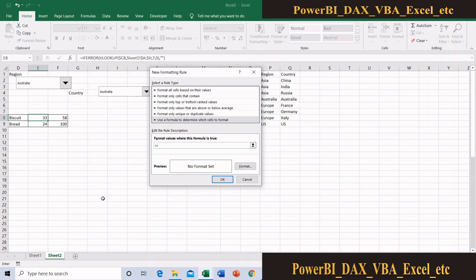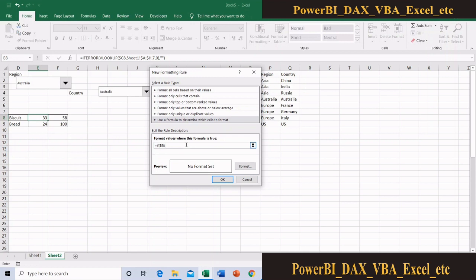If I am selecting, you can see that it is locked, means E8 is always fixed, but I don't want that. I want the same column only, because I am applying conditional formatting for this column only. So I don't want to remove the locking from this column, but I want to remove the locking from the row. Means here I need to choose E9, here I need to choose E10, etc., like that.